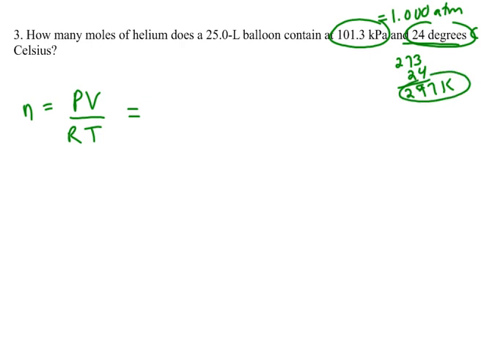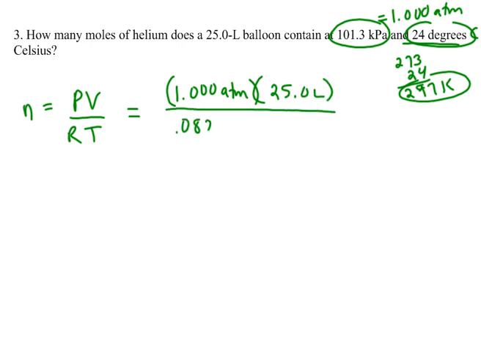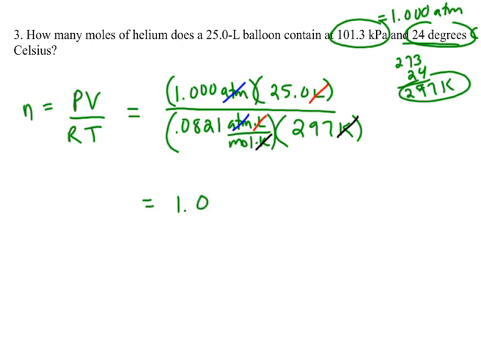So going back to our equation, the pressure is 1.000 atmospheres times the volume of 25.0 liters divided by the gas constant, 0.0821 atmospheres liters over moles Kelvin, times the temperature of 297 K. Watching the units cancel, atmospheres cancel, liters cancel, and Kelvin cancel, leaving us with the unit of moles. If you plug this into your calculator correctly, you will get the answer